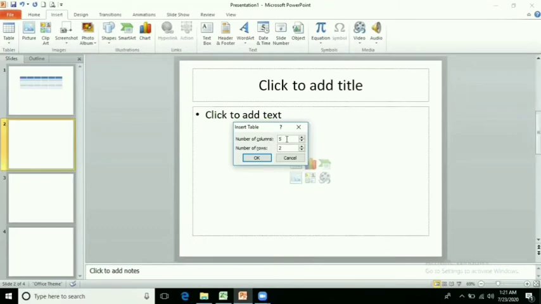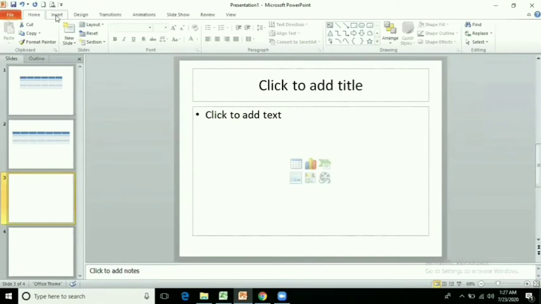Here we have to write number of columns. How much columns we want to insert in our table. For example, I want 7 columns. And how much rows I want to insert? I want to insert 5 rows. Then click on OK.